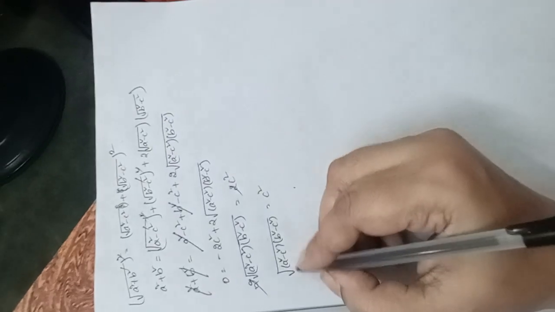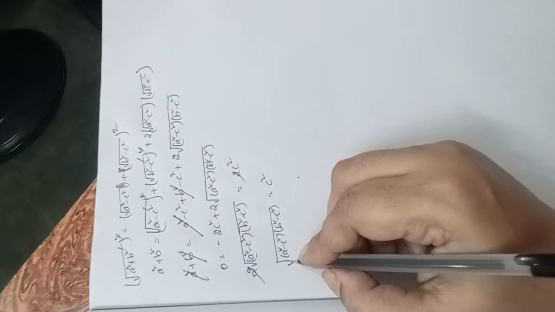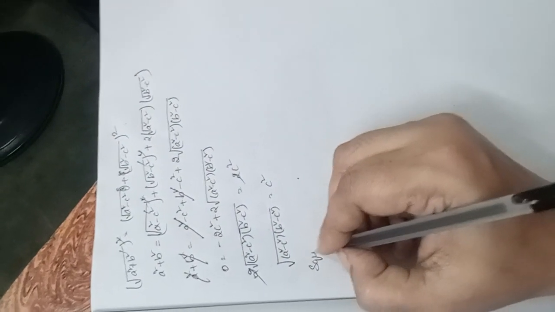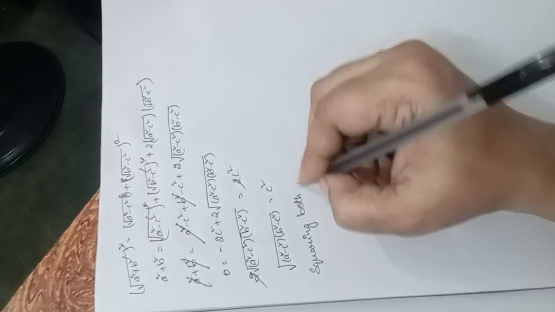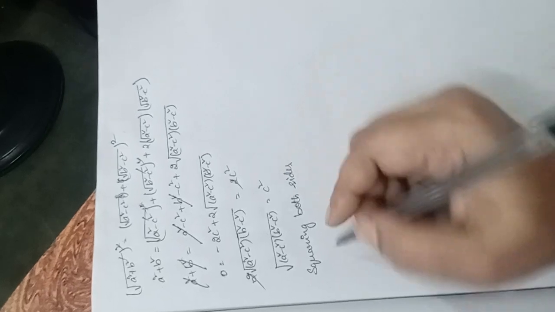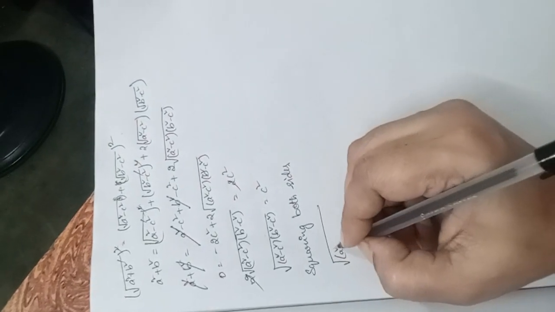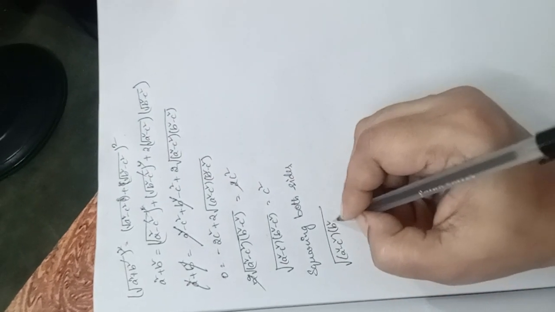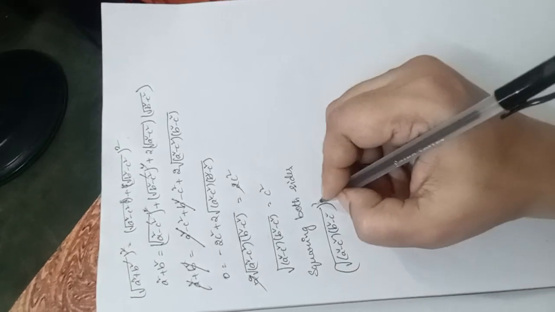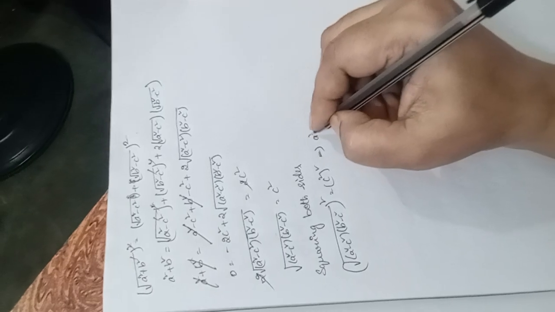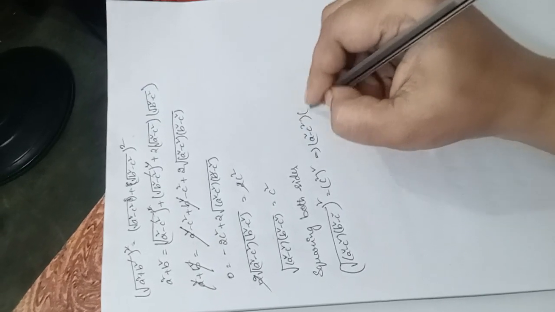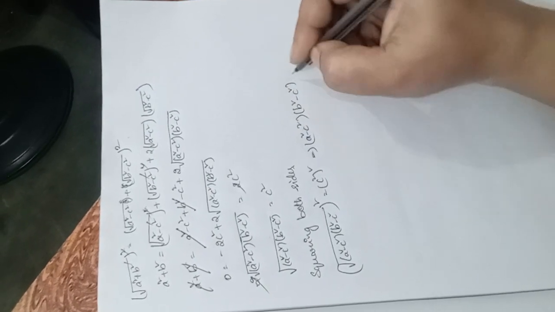Again here we are having a root. So to cancel it, what are we doing again? Squaring both sides again. Okay. So root of (a square minus c square) into (b square minus c square) whole square equals c square whole square, which implies (a square minus c square) into (b square minus c square) equals c power 4,